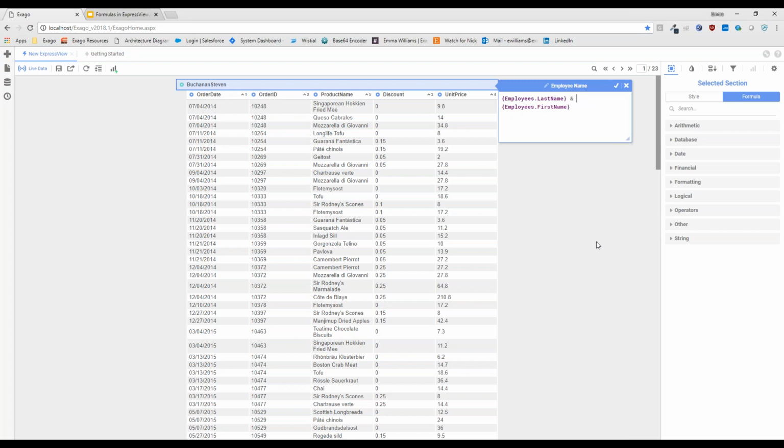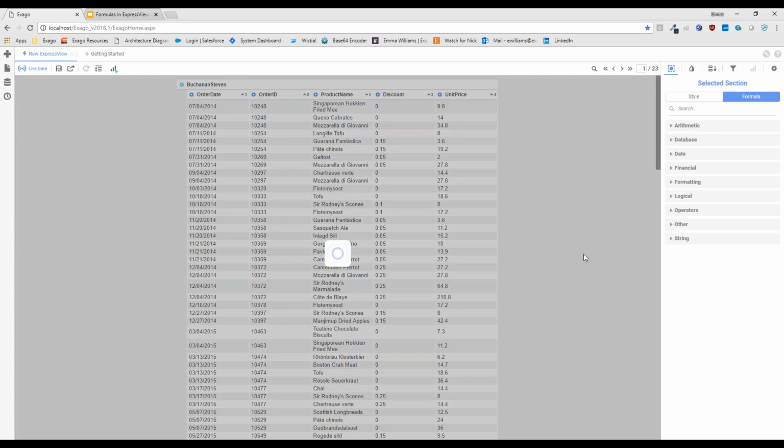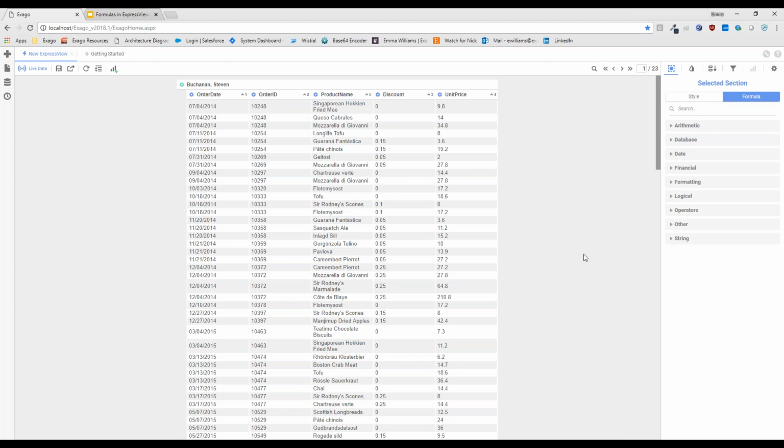This is a simple fix and something that you should really get in the habit, like I mentioned, of considering when you're doing string concatenations. We need to tell Exago where we would like space. I can do that by simply concatenating yet another string into my formula. So open parentheses is going to indicate the start of a string. I'm going to throw a comma in there because good formatting says I should have a comma after the last name. Close my parentheses, so this becomes a new string that we're concatenating together, another ampersand, and the first name. This will reload for me, and we're going to see a much nicer display of that employee full name.